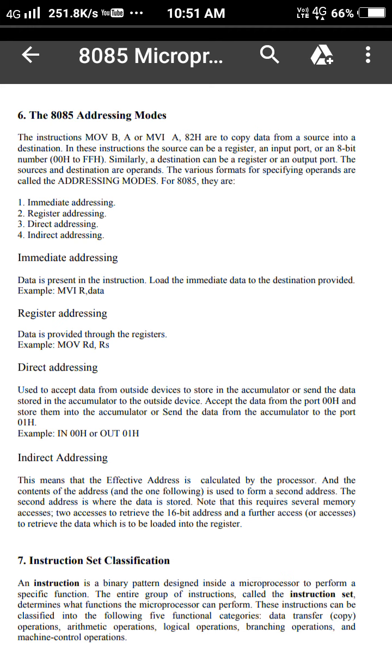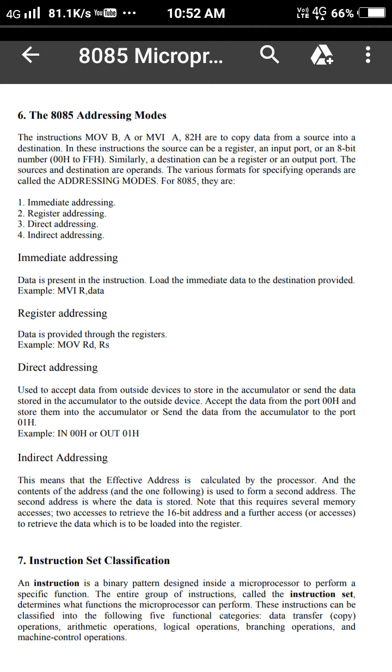There are four addressing modes: immediate addressing, register addressing, direct addressing and indirect addressing. We just saw an example of immediate addressing, MVI A, 82H, where the data itself is given in the instruction.